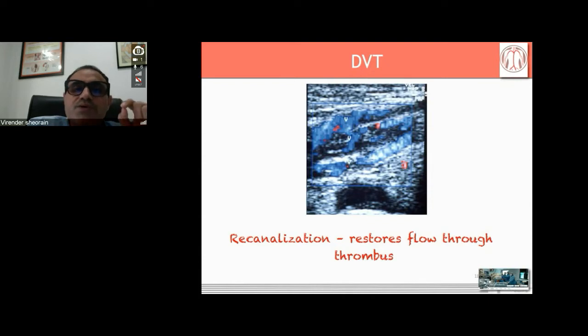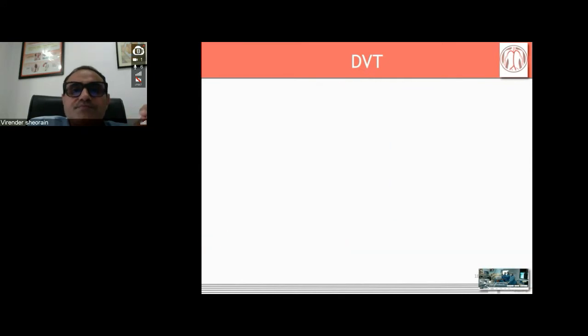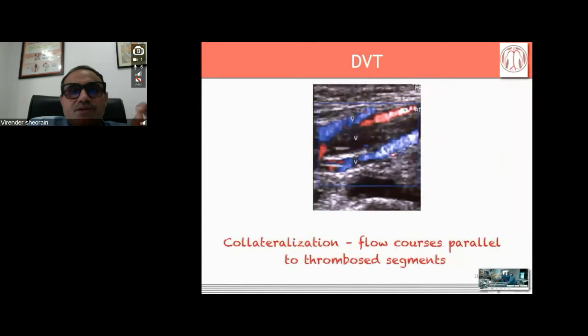Don't miss it, because if a patient comes to you for a duplex of a venous system, for varicose vein, for example, and if you miss a deep vein thrombosis, the patient can land up in a trouble. So deep venous visualization is very important. Here you can see, as there is thrombosis of the vein, you can see multiple